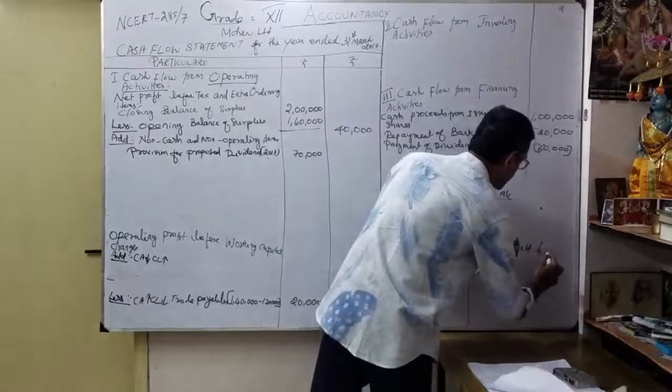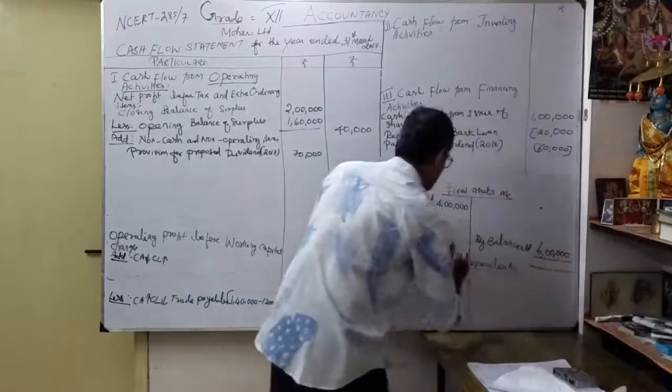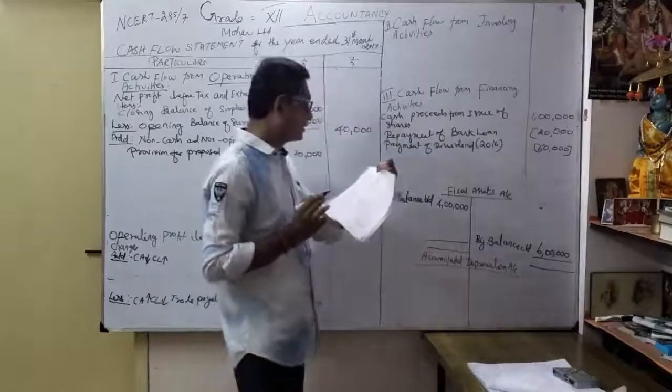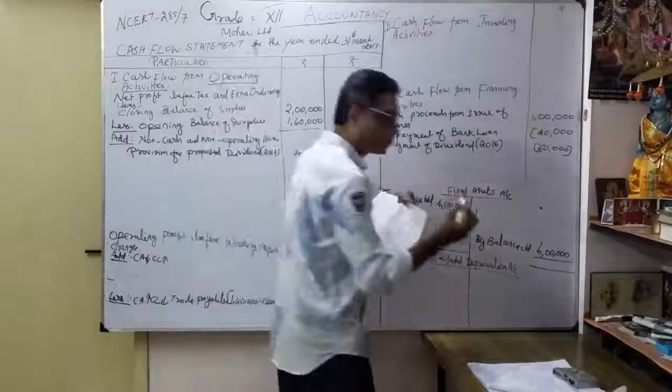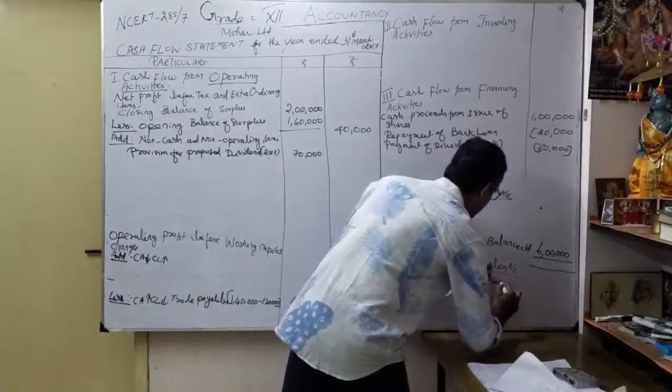6 lakhs. Okay. So put like this. So one account open. Equal. Thereafter, the accumulated depreciation account also you want to open. How to do? That is the accumulated depreciation. We want to open this side. By balance